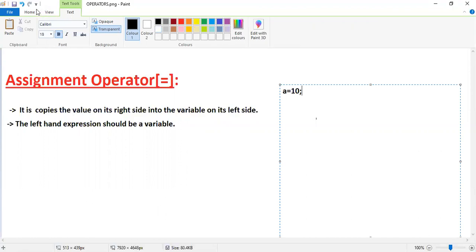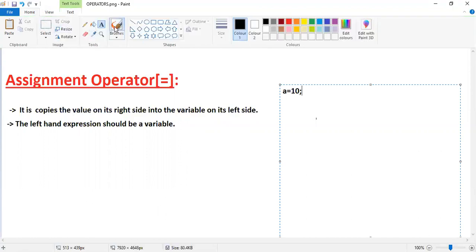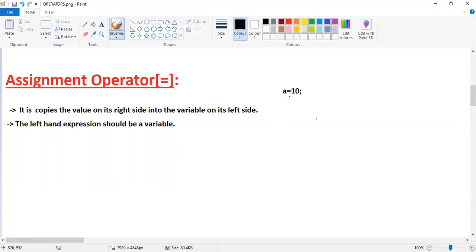See here, guys, what happens. Here, is equal to is an operator. Operators work like this: the 10, which is to the right of the equal to operator, will be stored in the variable which is located to the left side of the operator.